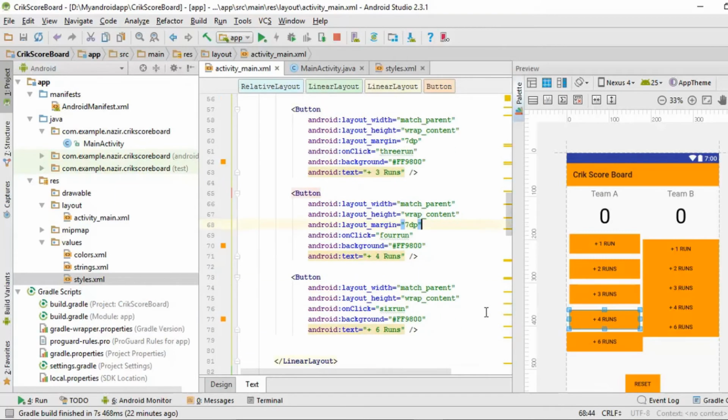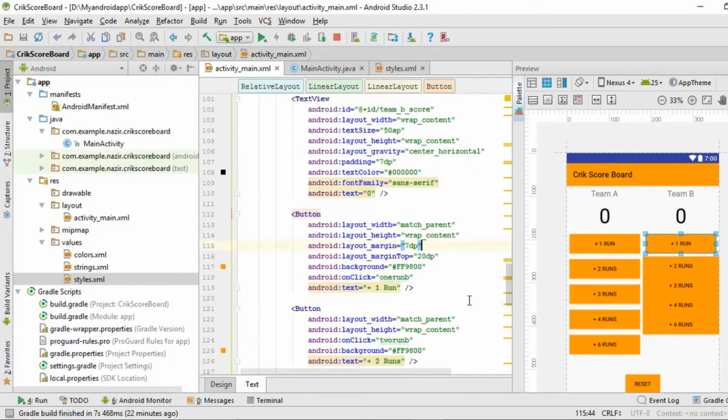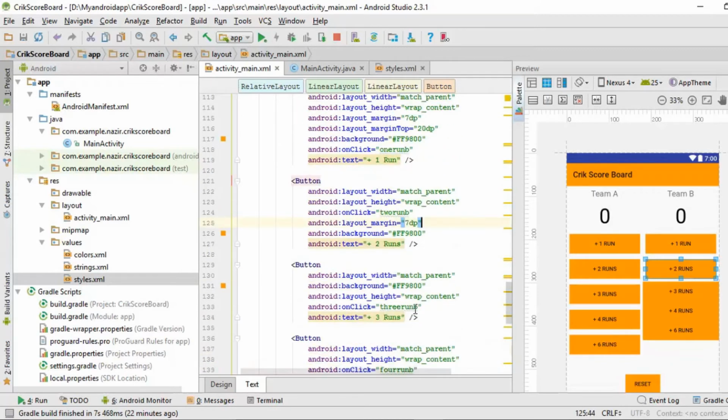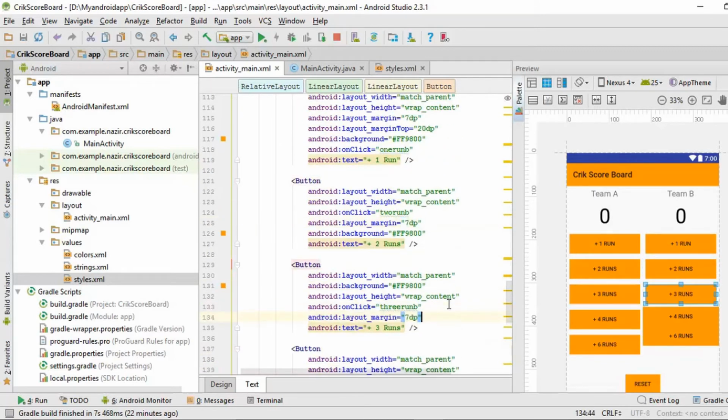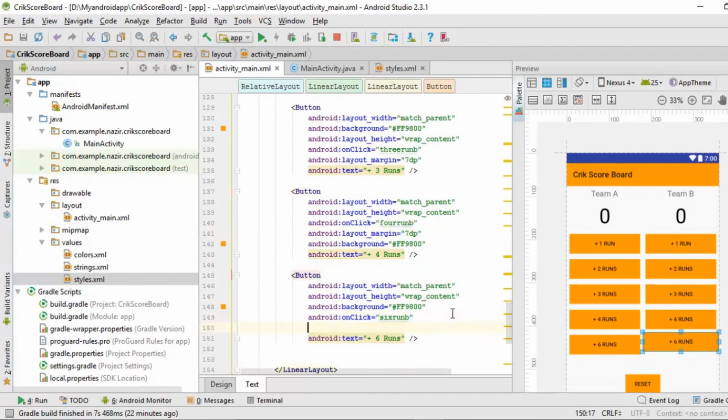Control V, Control V, same way, then apply it, Control V, Control V. I hope you find it useful, and at this point of time you must be thinking, okay, I'm